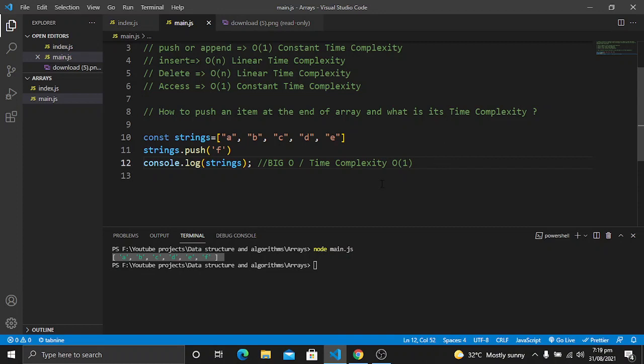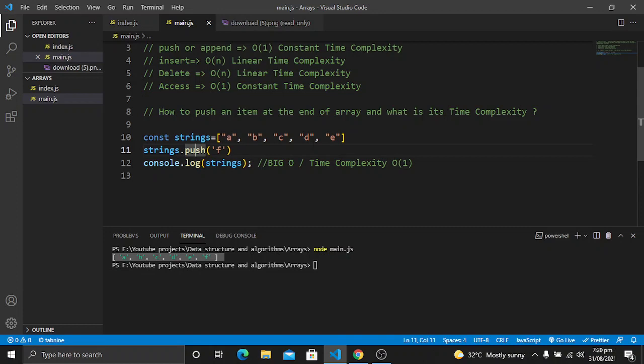So why does it have a constant time complexity, or O of 1 time complexity? There is a reason behind it: the number of items doesn't impact our operation, because we are just pushing an item at the end of an array. We are not concerned about whether there are 5 items in the array, 500 items, or 50,000 items.